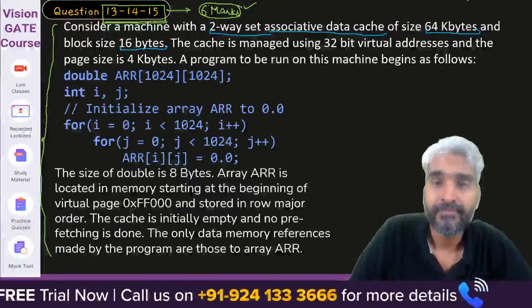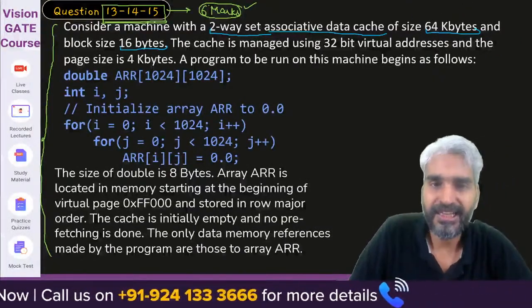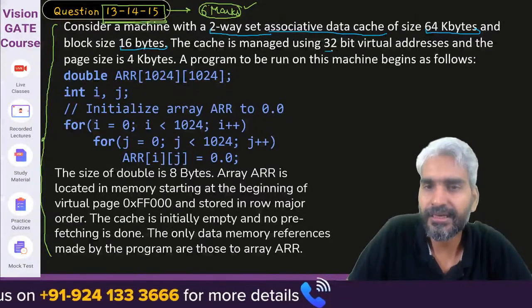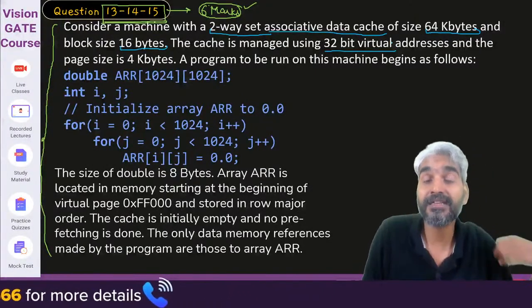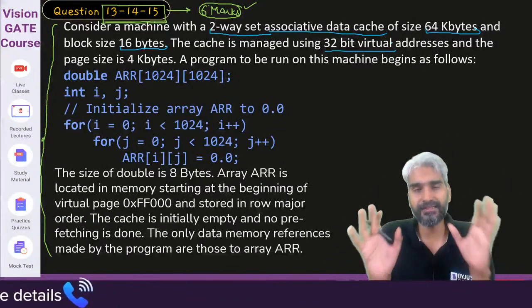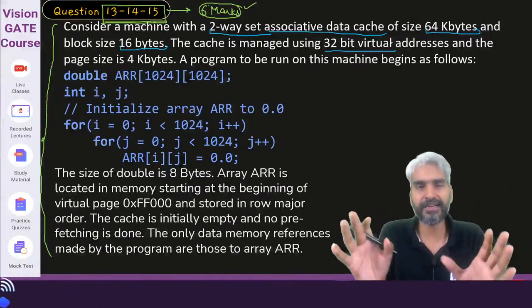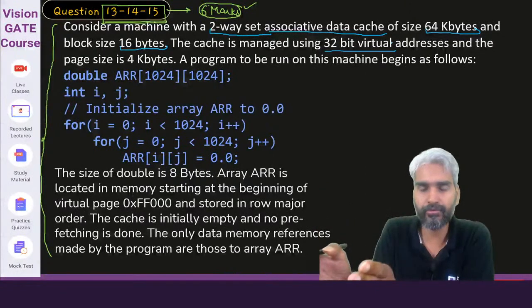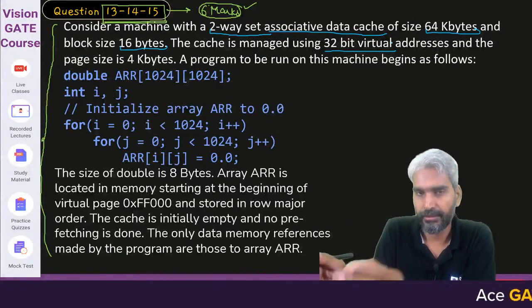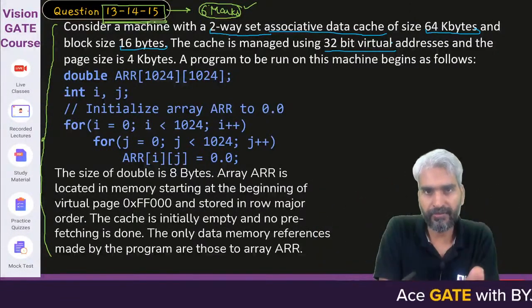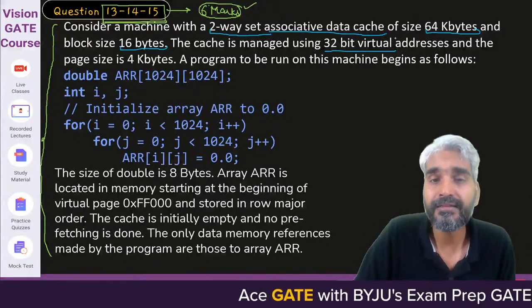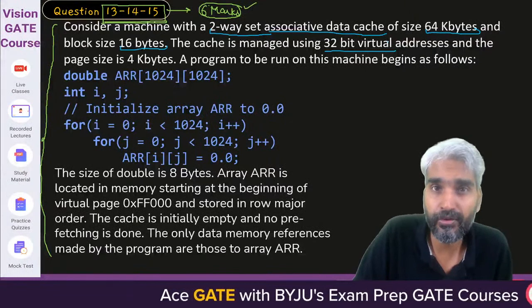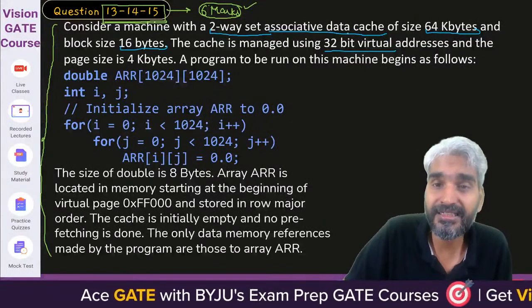Okay, sir. That information is known to us. The cache is managed using 32-bit virtual address. Okay, so that's new information. Generally we will have a physical address, and that physical address will be translated into your word offset, set offset, and tag. But this time something else is being done. The translation is not with respect to physical address, but this is